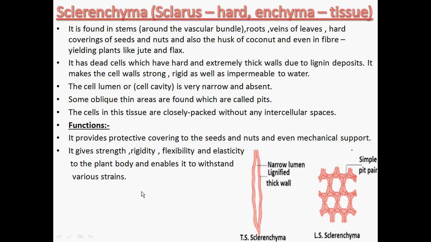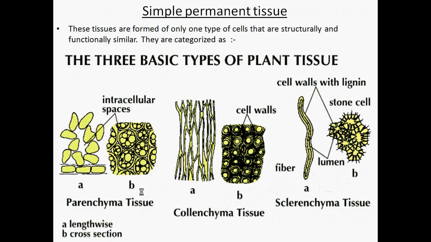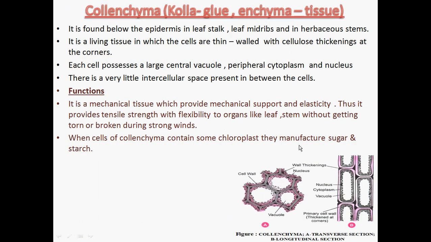Okay. So these are the various functions of sclerenchyma, collenchyma, and parenchyma. Briefly, I've explained it to you. As a comparison, you can see in this figure the different cells of the parenchyma, collenchyma, and sclerenchyma. So students, please write notes on this particular tissue, the simple permanent tissue, as they are, and please draw appropriate diagrams. You have to draw all these diagrams and try to read them once again.